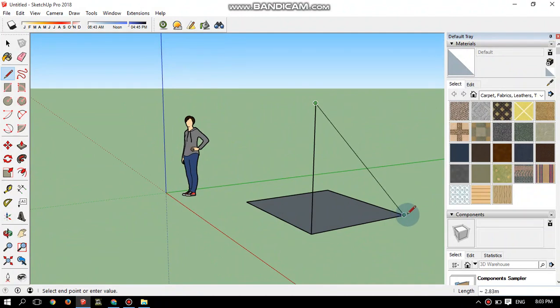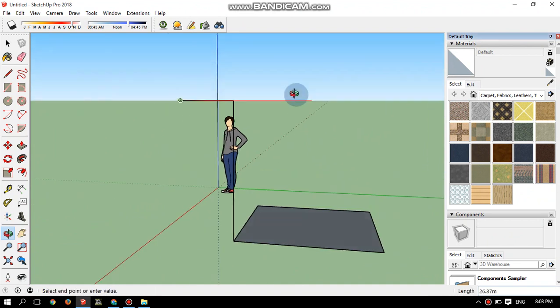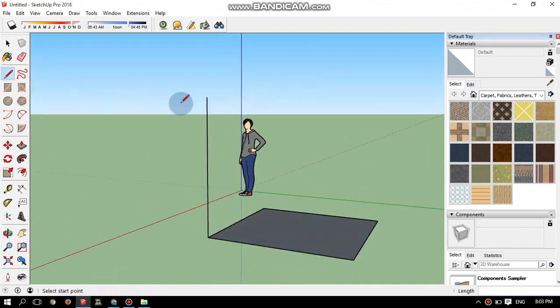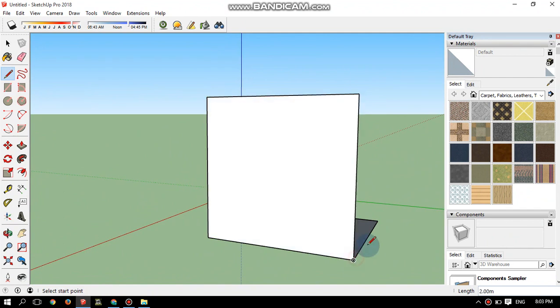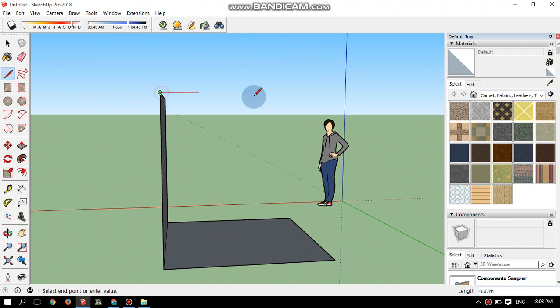If you have to draw a line on the same point, as you can see, we can use the lower tool and then just click on it. As you can see, second surface is created.